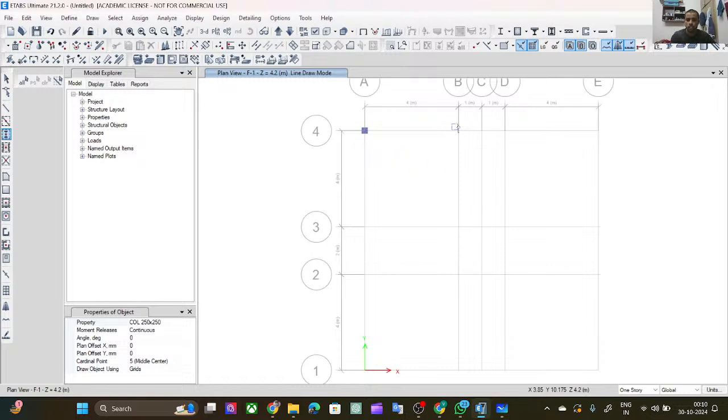Click it, and my second column is here. The spacing between this column and this column is 2 meter. Okay, I can take it. And second is here, and third is here, and fourth is here, and third is here, fourth is here, fifth is